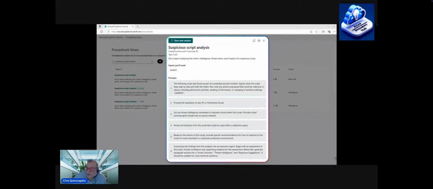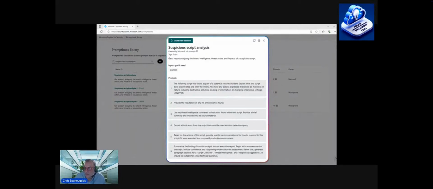The next step will be to list any threat intelligence correlated to indicators found within the script, and I'm going to show you some examples of indicators later on, and provide a brief summary and include links to source material. Next, we should extract all indicators from the script that could be used within a detection